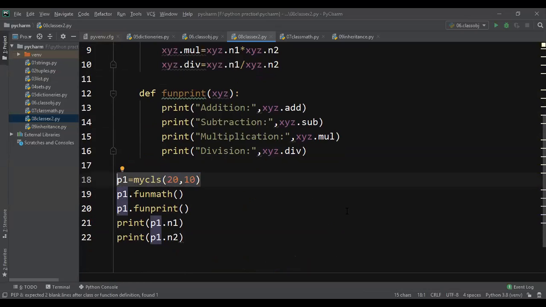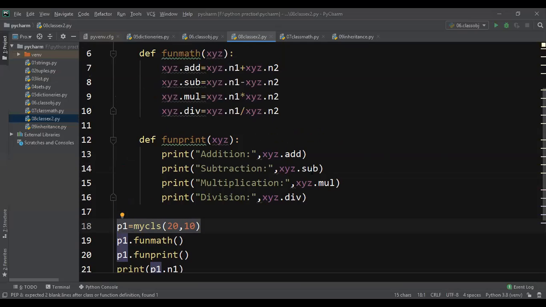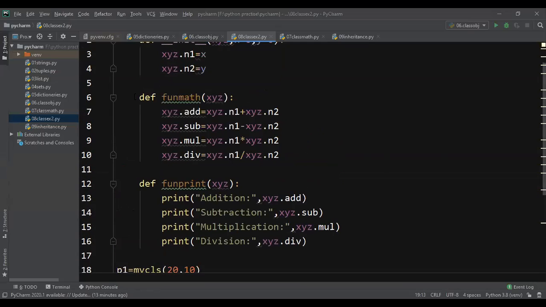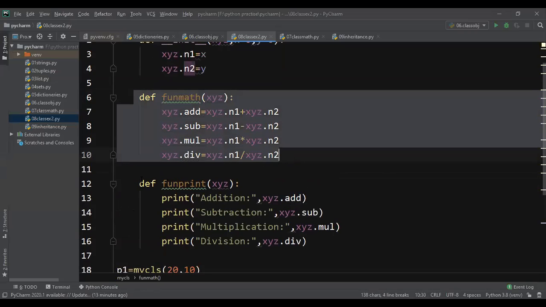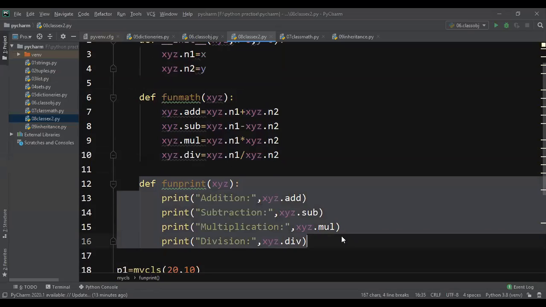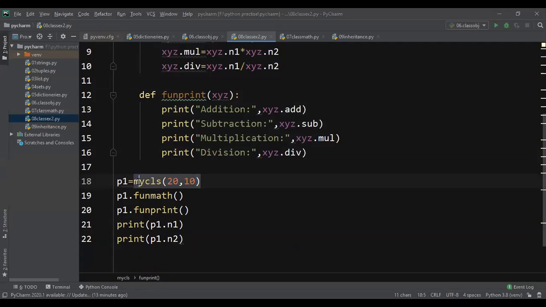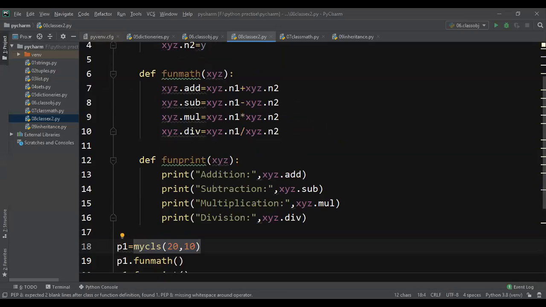Then n1 value is 20, n2 value becomes 10. Now, these normal user defined functions won't be executed. Remember, only the constructor will be executed when you create the object, and the remaining functions won't be executed.